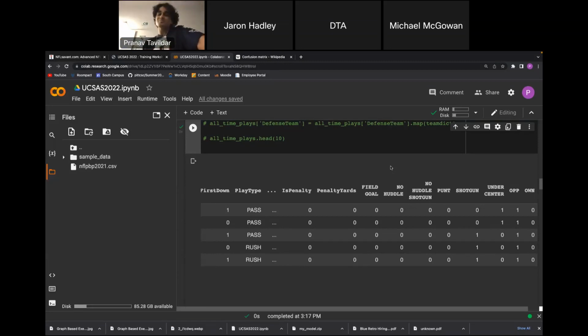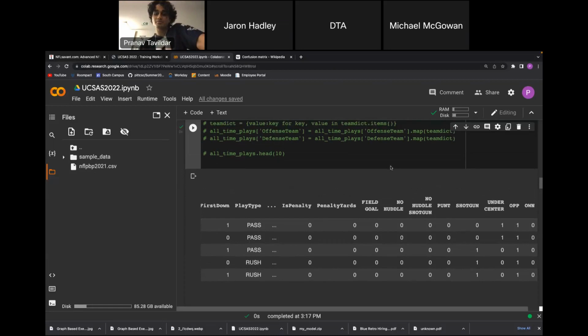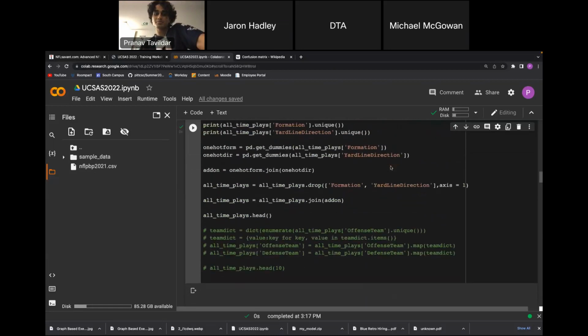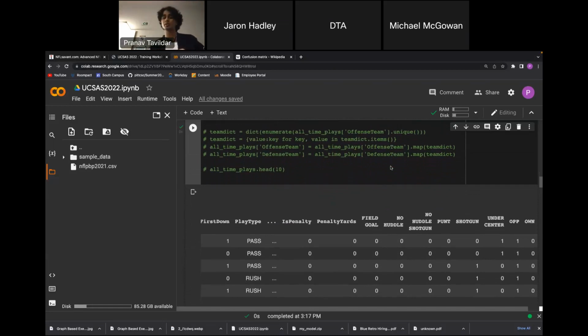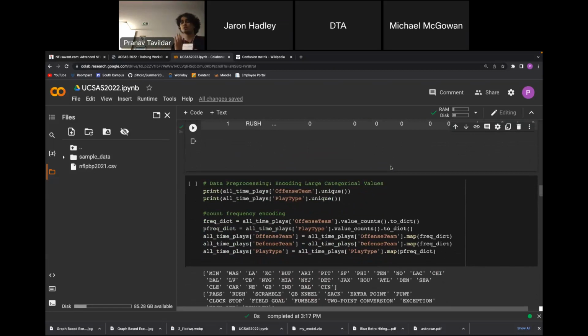But anyways, you're right. Since you're doing a lot of complex multiplications, you want to reduce the number of columns you have, because if you have too many columns, your processes will take a long time. One way to deal with this is something called count frequency encoding, which isn't very popular because it has some disadvantages, but for our purposes, I think it should be fine. Basically, it finds the frequency that a category is repeated.